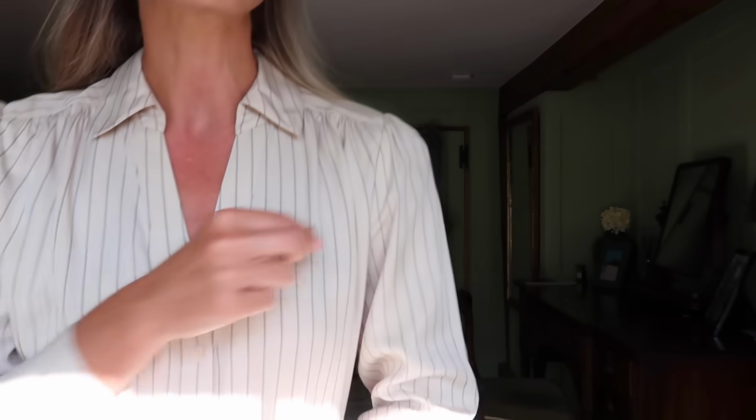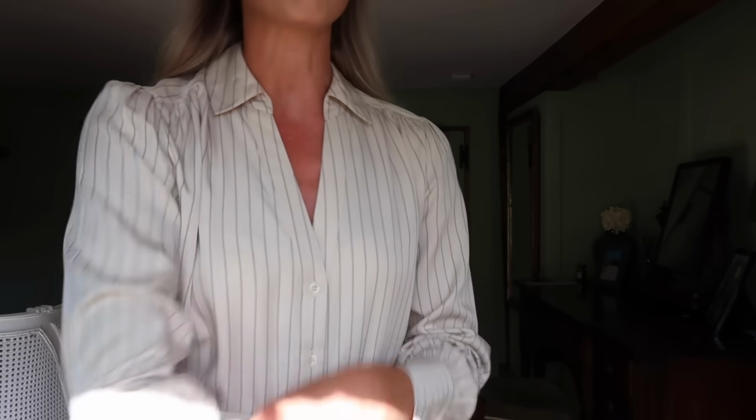The final beautiful piece from Hobbs that I'll share with you for today is this lovely dress, because as soon as I saw this, I just thought, for so many different scenarios, workwear where you need to be a little bit smarter, this is the perfect piece that is ticking all of the kind of required dress code boxes, but also a subtle nod. We love a subtle nod to the trends. So what we've got here, not only is the length of it perfect, but we've got a very subtle little shoulder detail, which is just a little hint to that more dramatic shoulder that we're seeing being very on trend